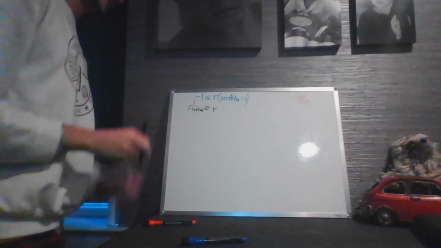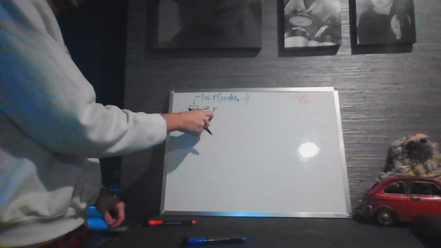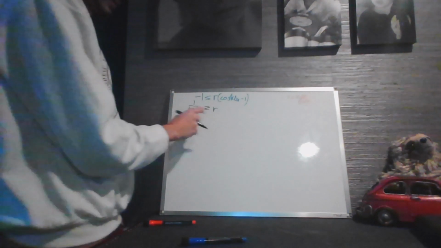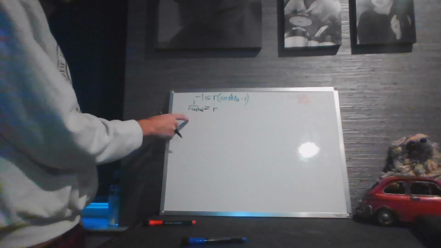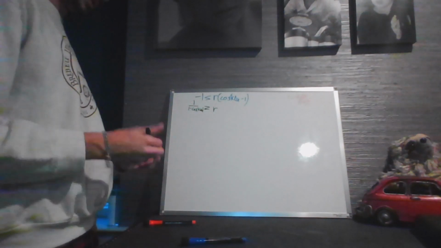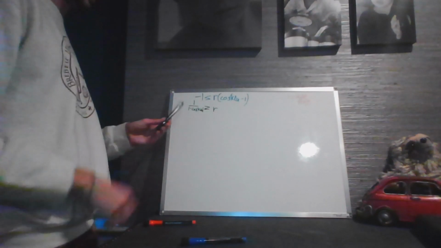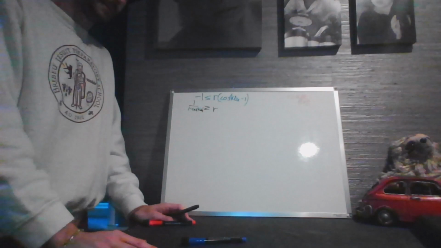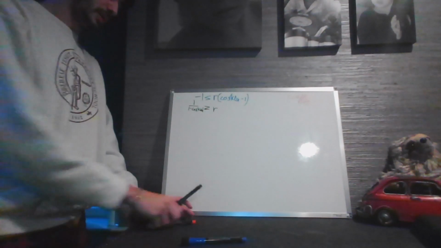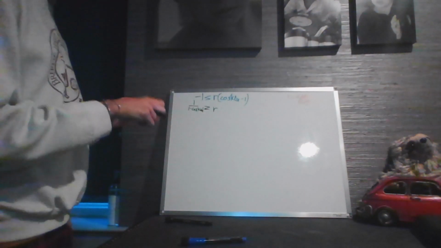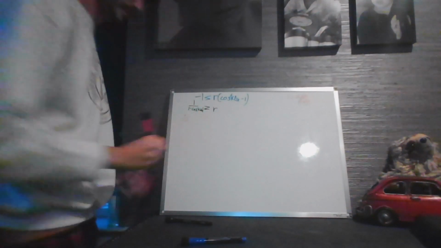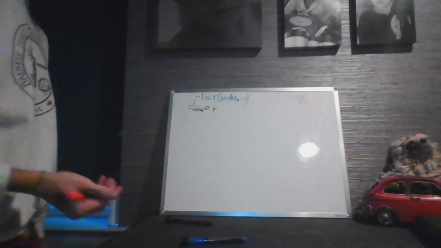Alright, so what we see is that r has to be equal to or smaller than this left-hand side value. So let's go ahead and solve it. Again, like we said many times, what can cosine be? Cosine can go from -1 to 1. So what happens if we were somehow to get 1 for a cosine? Then we'd end up with 1 over 1 minus 1, and 1 minus 1 obviously reaches 0, and we'd have